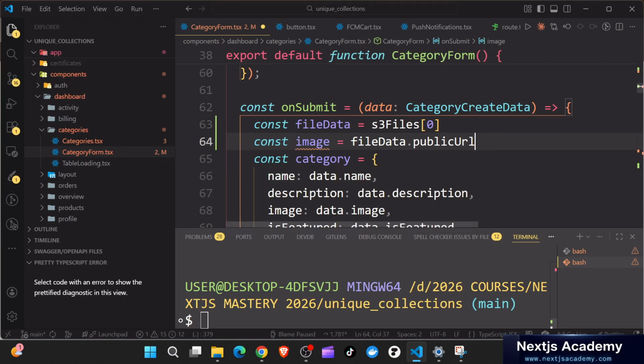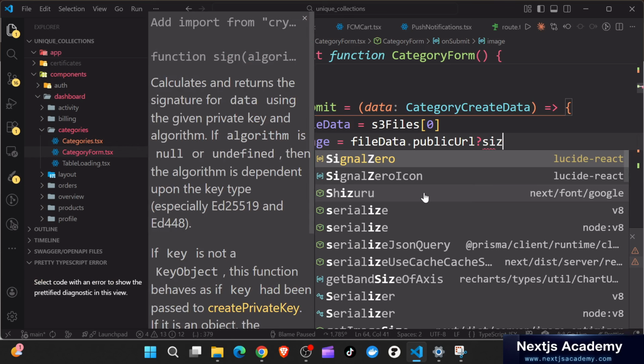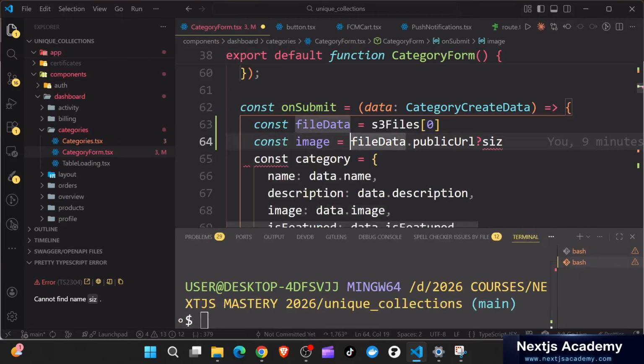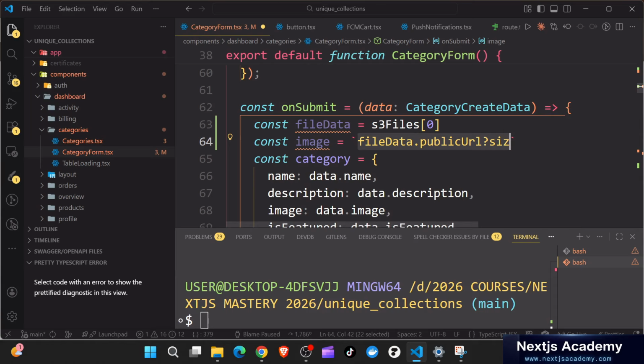So you can just say public URL, and then I can start putting my things. So you can start with size, then say question mark. I think we can just reconstruct it in such a way that I'm just going to do this. Okay, so now we can just say, for example,